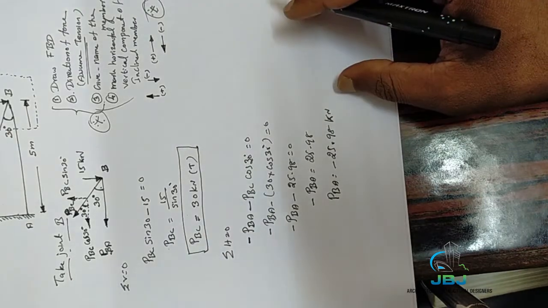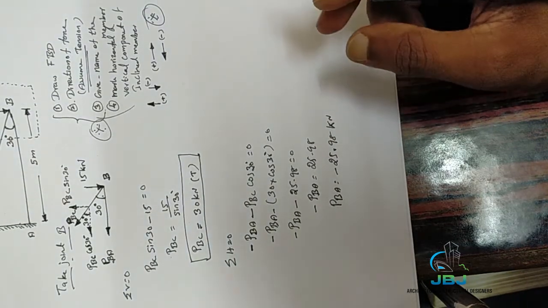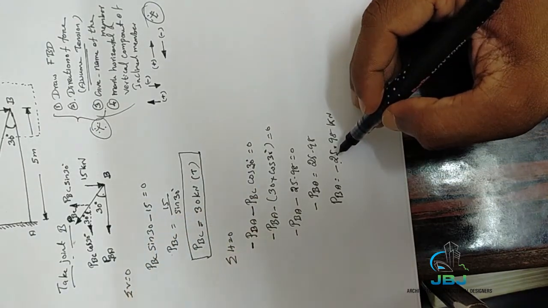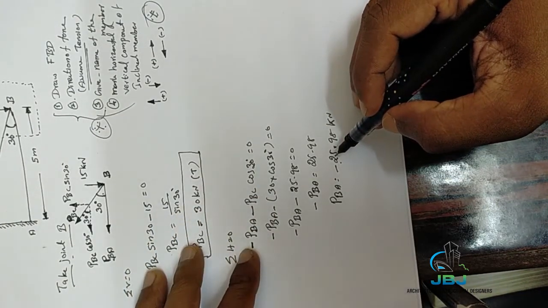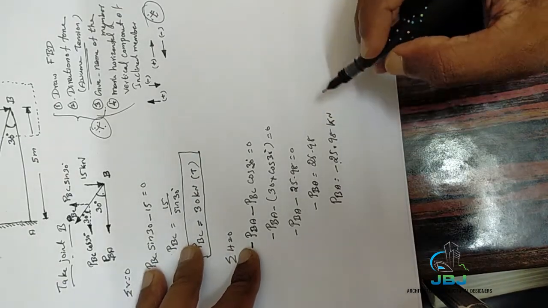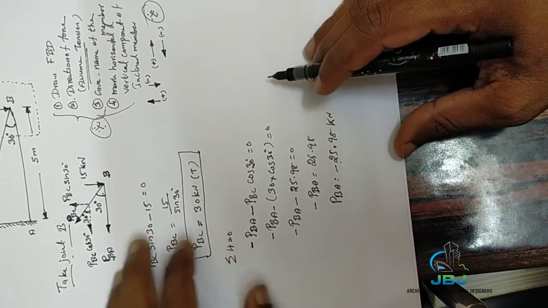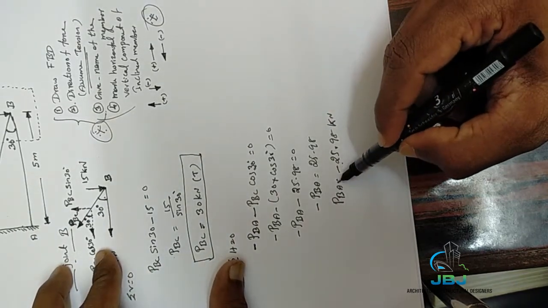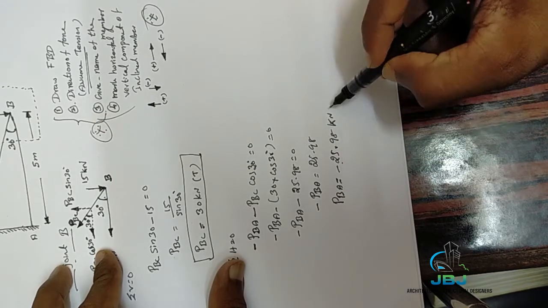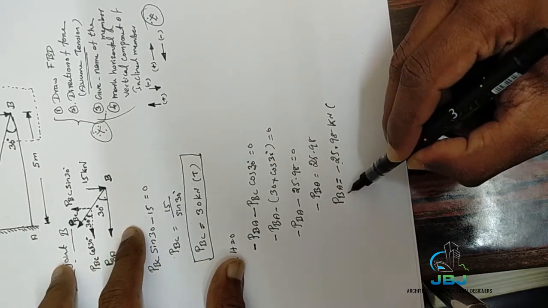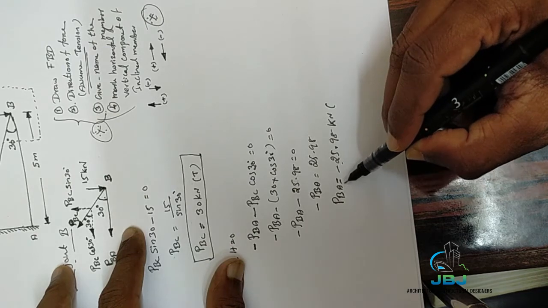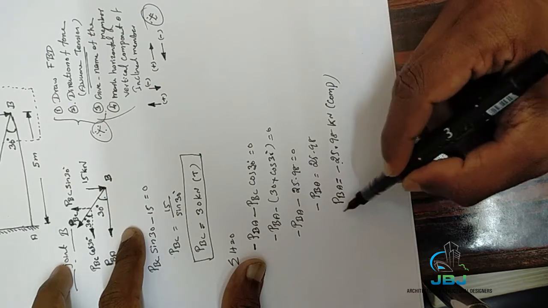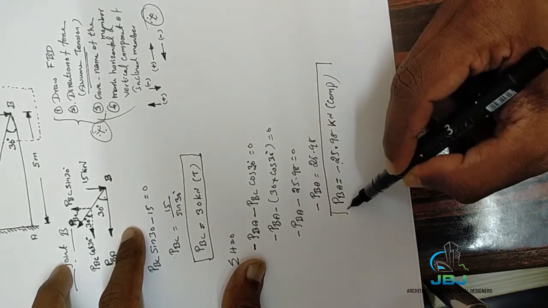So you may think that oh, my calculation is wrong. It's not like that. That means this negative symbol represents that the answer is right, but our assumption is wrong. What we assumed before, we assumed that tension force is acting on this member, but when you solve these things, we get the negative sign. That means our assumption is wrong. That means here this member BA is carrying the compressive force. Okay, this BA member is carrying